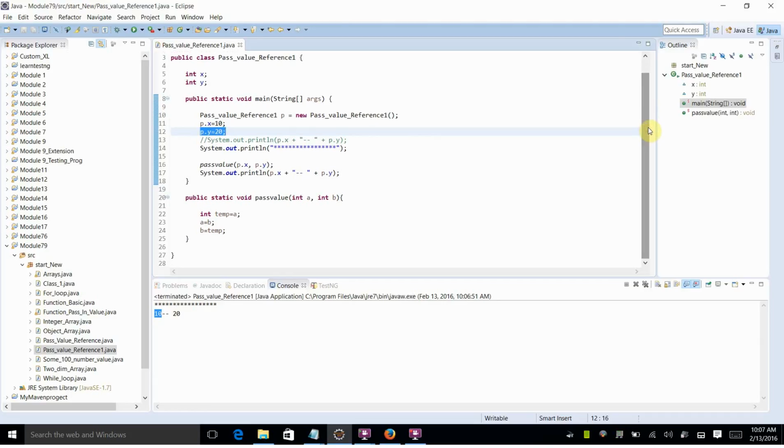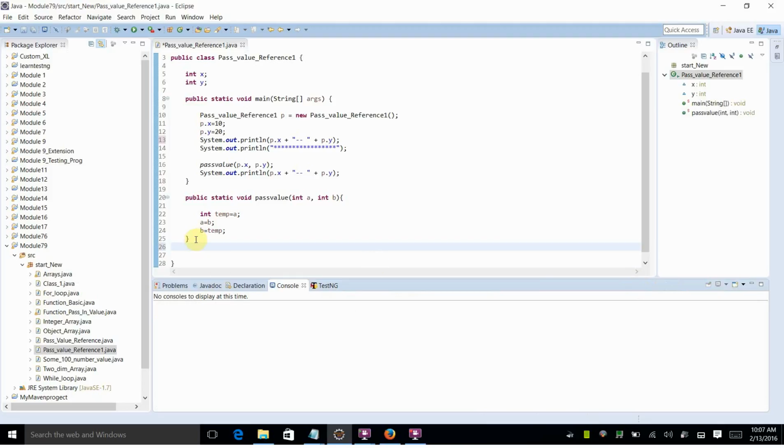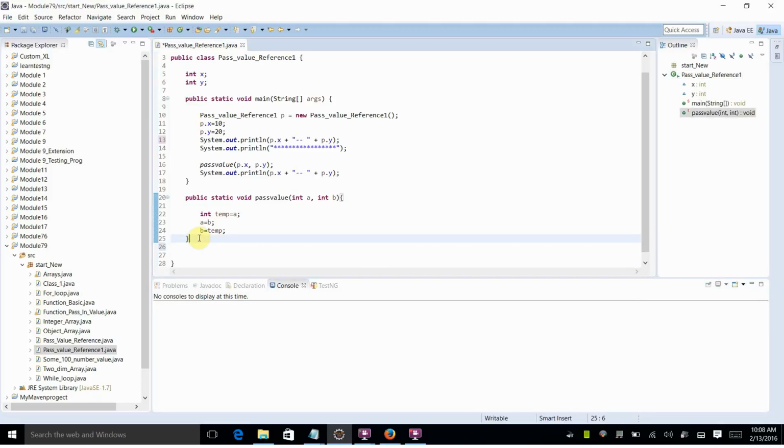So it just passed the value, it didn't make any calculation. Now let's say I want to pass the reference. So when I want to do the reference, what happened, I just clean this one. Okay, now I want to make another method, which is public